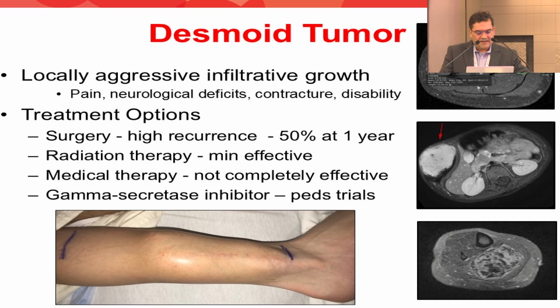And the newest medication for this, which has been well studied and has good response in adults, is currently under pediatric trials. And there's a long history of ablation in desmoid tumors. The first papers were not so much in adults, but we have this now more recently in a pediatric population.